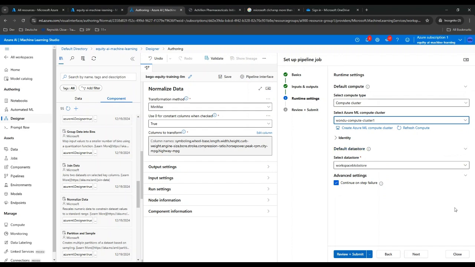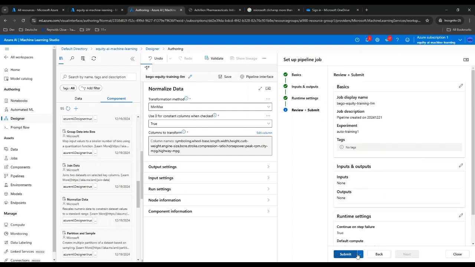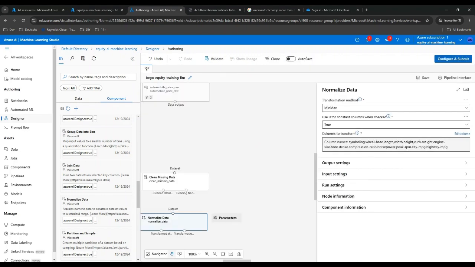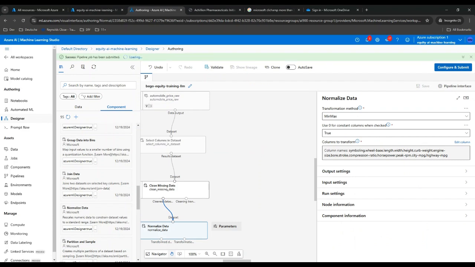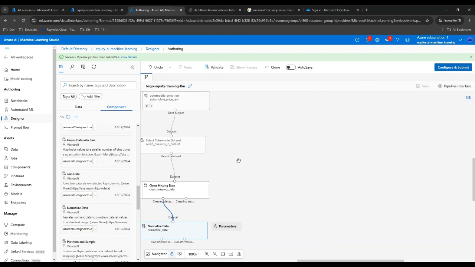Yeah, that's it. And then review and submit. So this might take a while. So once this is done, the next stage is to train them. So once you normalize the data, so it's still happening here. The next step is to add some algorithm to use some of the data for training, some of the data for